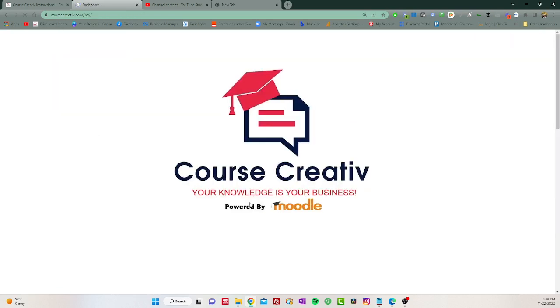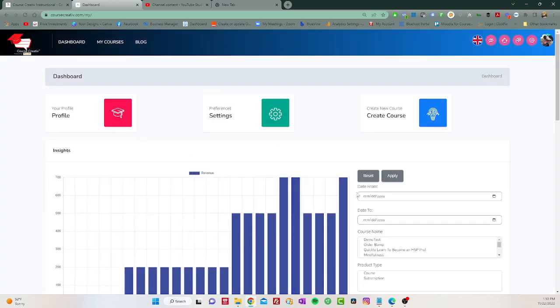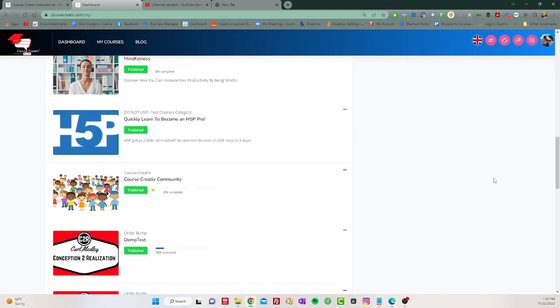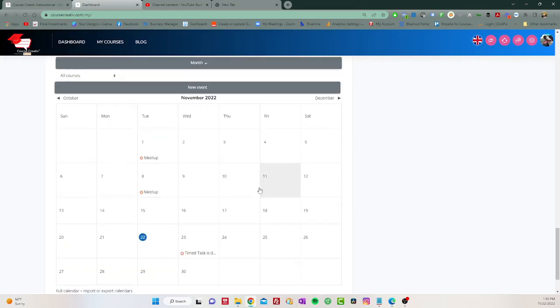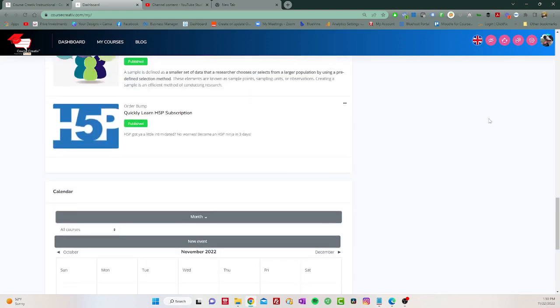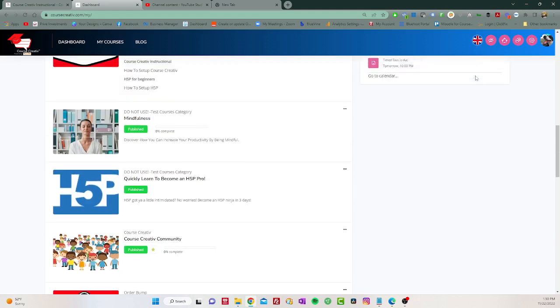But overall, pretty simple interface that does a lot of complex things. And if you go all the way down here, here's another calendar. So you got two different places. You actually have three different places because we need to cover these icons up here. But this is the landing page dashboard. So if we come up here to the very top,